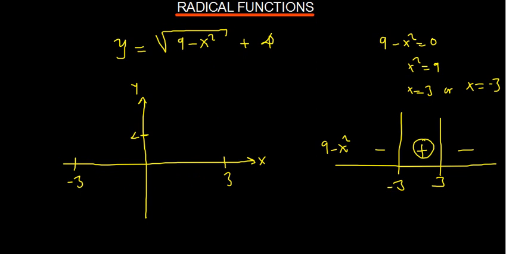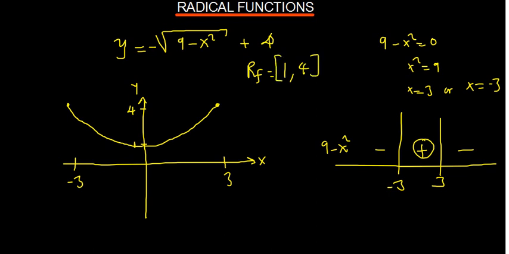Actually, it's not even supposed to cross the x-axis because it is coming to cut at positive 1. So meaning, let me uplift this. Let me put 4 here. So it's going to be here and here. So it is coming to have a minimum at 1. So it's going to be coming like this when it reaches here, and then it goes also like that. Meaning that the domain is still from negative 3 to 3, but the range changes. It's going to be from positive 1 up to positive 4. So that is how the function is going to change, and that is how it becomes. Okay,